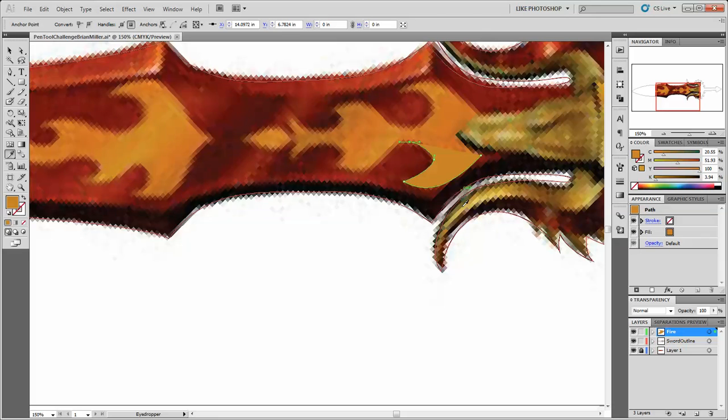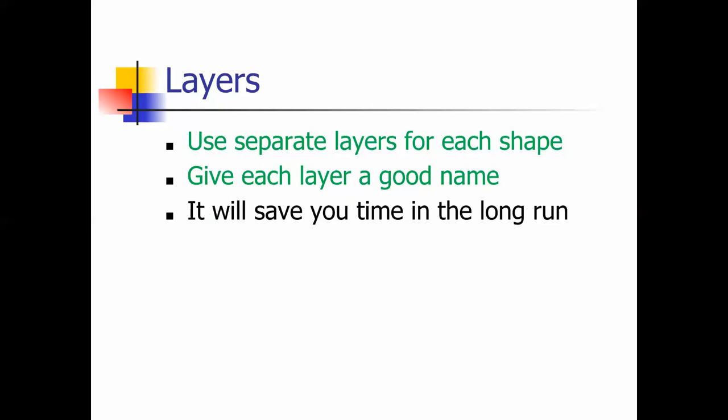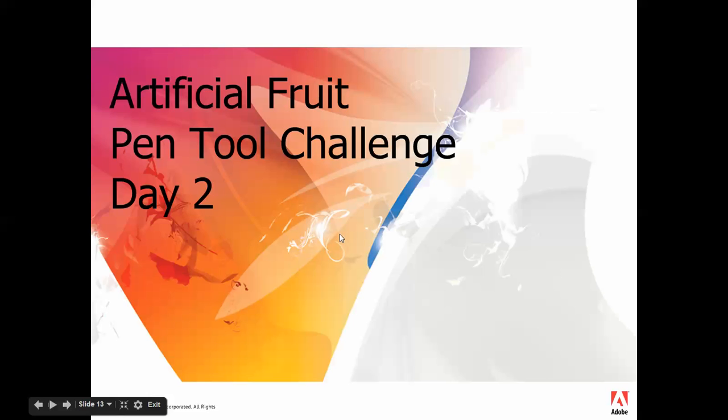So one layer is going to be the outline, and each thing will be a separate layer. This will be a layer. This should be on that same layer. This will probably be on its own layer. So I'm going to just keep drawing and drawing until I get it right. And I think that's it. Yeah, that's it for